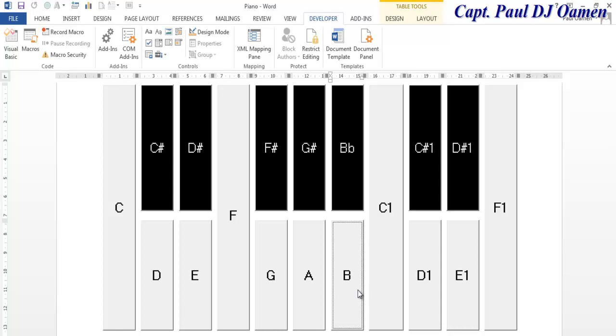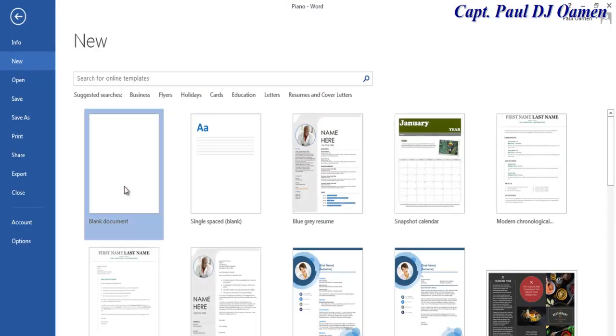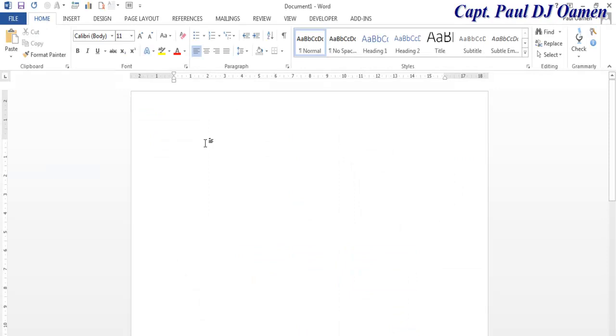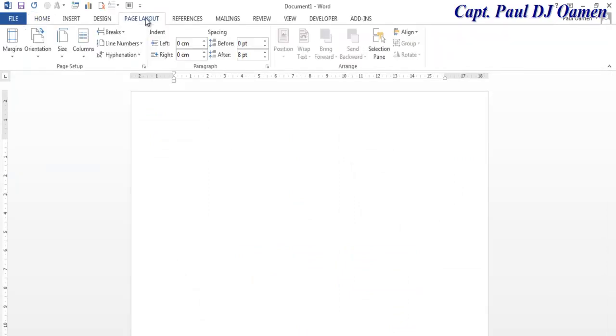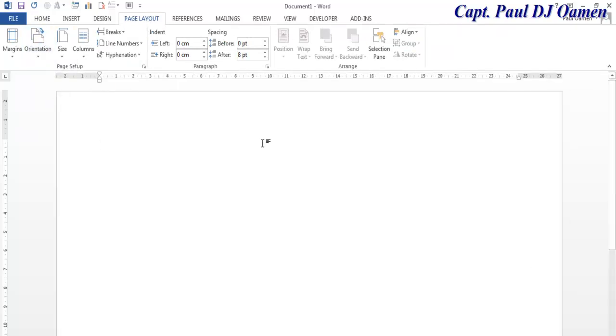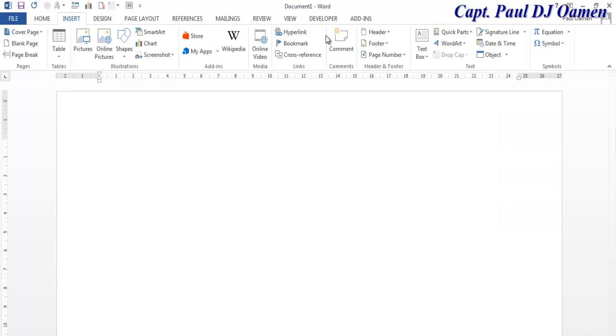So what I'm going to do now is open up another Word document where we can put one of these together. Let's start with File and New Project, and click on Blank Document. Then I'm going to go to the page layout and just change it to landscape, right? And let's go to